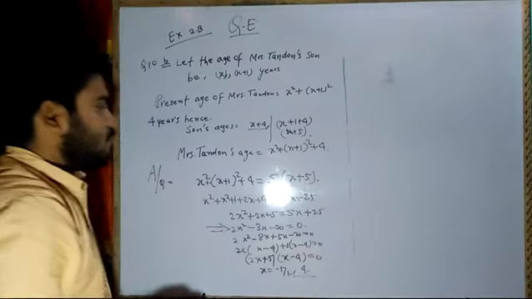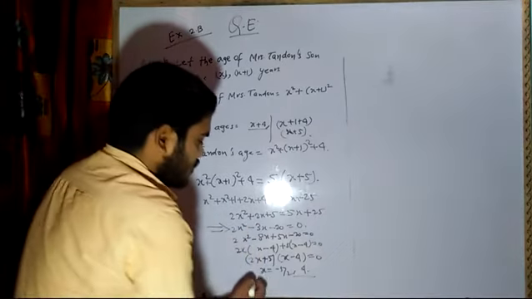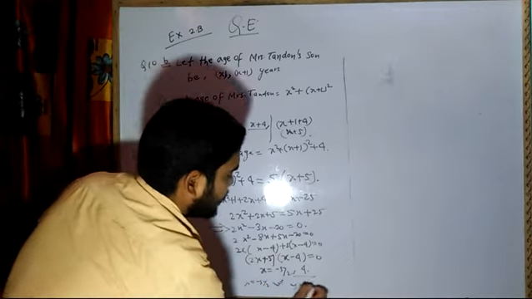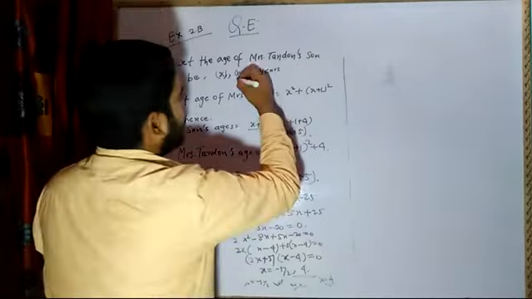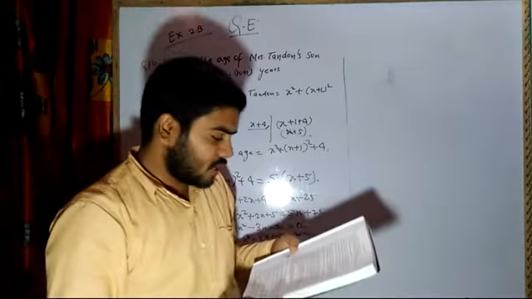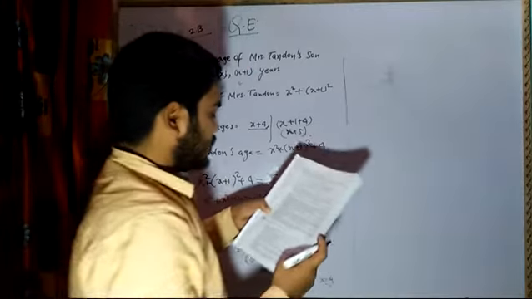So minus 5 by 2 cannot be accepted, age cannot be negative. So I will write x equal to minus 5 by 2 not admissible, ages cannot be negative, and x equal to 4 accepted. So the son's age will be 4 plus 1, 5. Separately you will write. Now the next question, number 11, I am going to discuss now.